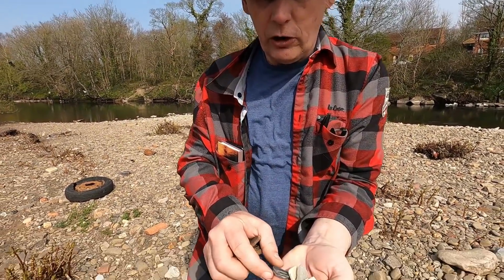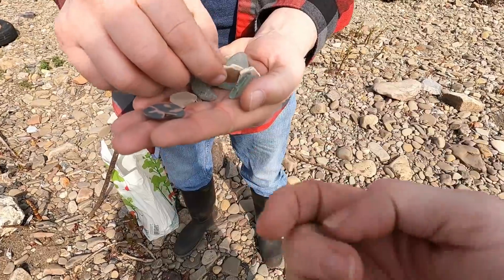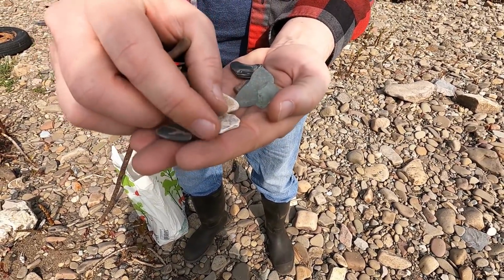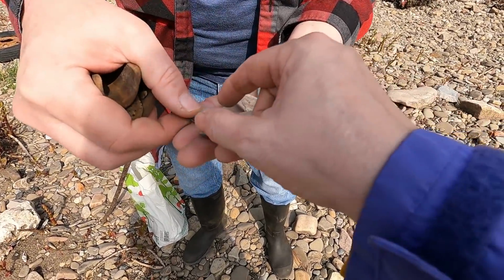What have you got, Mr. Johnson? What have I got? I've got lots. Now, there's a little bit of the handle, there's bits of glass, there's lovely bits of china. There's one bit, I believe, that's got some pattern on it. There we go, but there, look. All beautifully smoothed off, beautiful river glass. But this is what's intrigued me, is that one,